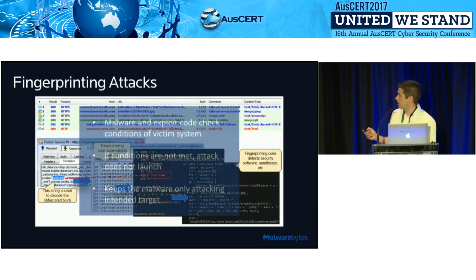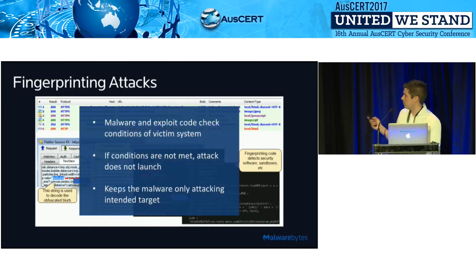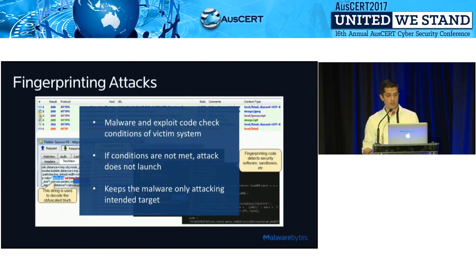I could talk a little bit about that in just a minute, but really the fingerprinting approach is that malware and exploit code checks the conditions on a specific victim machine. If conditions are met, an attack performs. If not, the malware will simply wait for a target host that is susceptible.